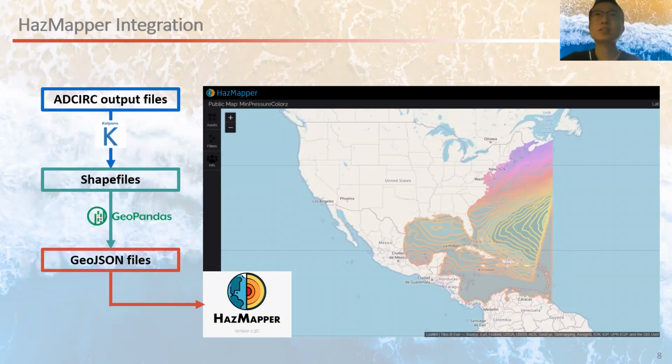Okay, thanks, Gustavo. So we started from the ADCIRC output files. Then we loaded the output file into Kalpana and converted it to shapefiles. Then we used GeoPandas to convert it to GeoJSON files. We then loaded the GeoJSON file into Python to customize it for the Haz Mapper. We added the style object with the color field to the JSON file. We used the hex color code, and the color was converted from the water elevation. We then saved the modified JSON file and uploaded